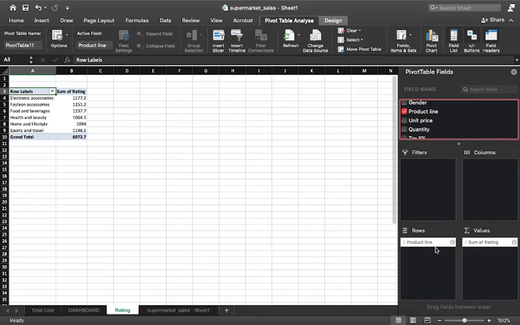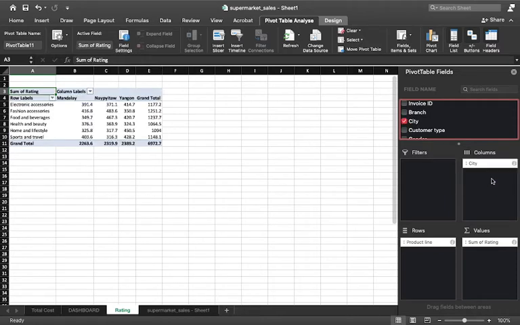And I need to sort it according to the city. So what I'll do is I'll add the city maybe in the column. Yes, here we have it. We have the city wise rating of each product line. So if you see, we have grand total also from both the sides. So electronic accessories, we have this particular rating 391.4 in this city.